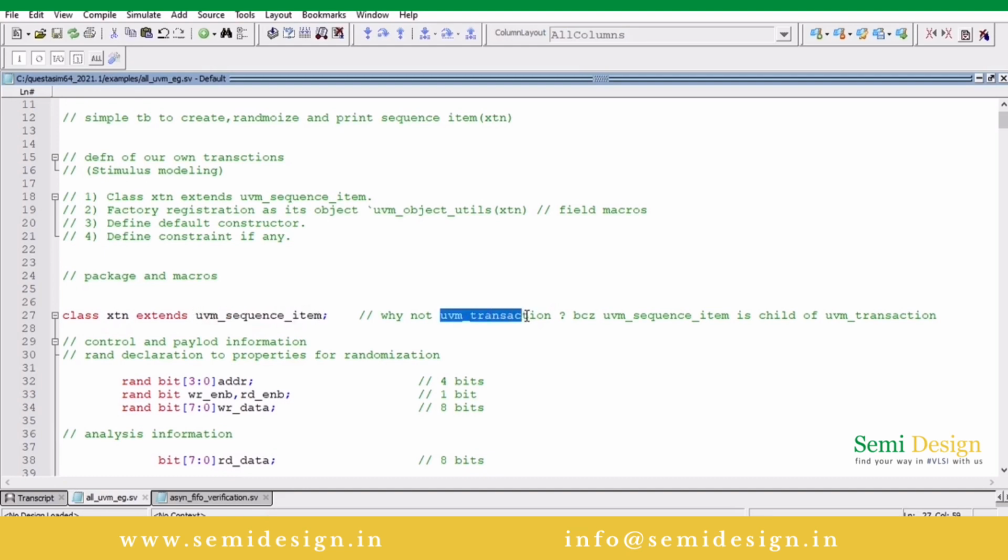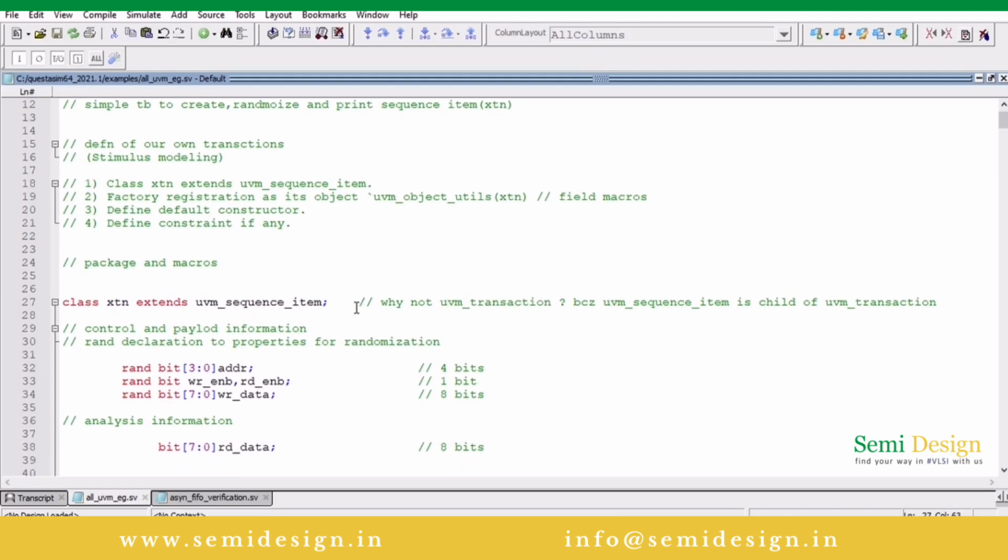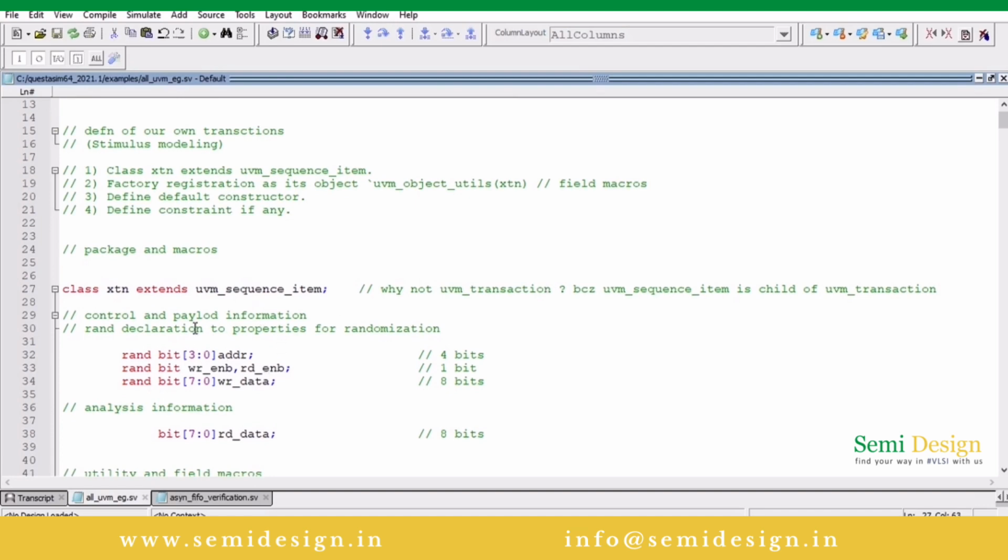Why not UVM transaction? In the hierarchy, you will find UVM transaction and UVM sequence item, because UVM sequence item is a child class of UVM transaction, right? And as you know, a child by default contains all the methods and properties of its parent class, and we can declare extra logic also.